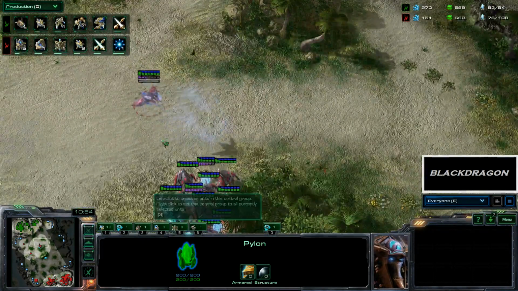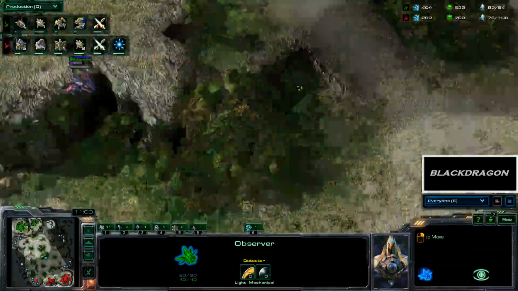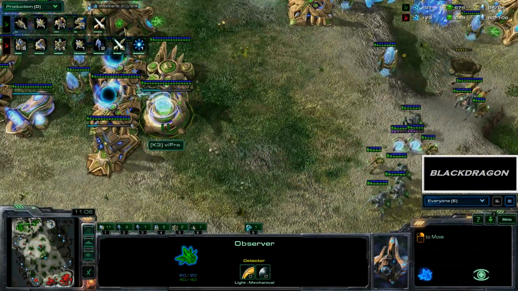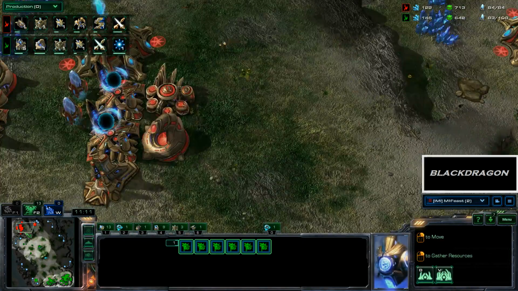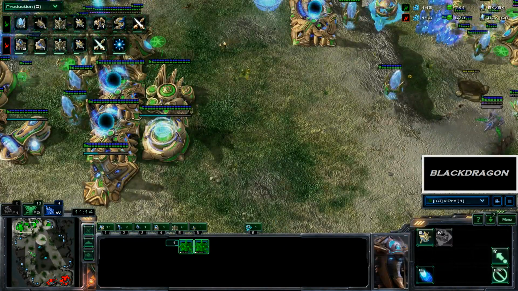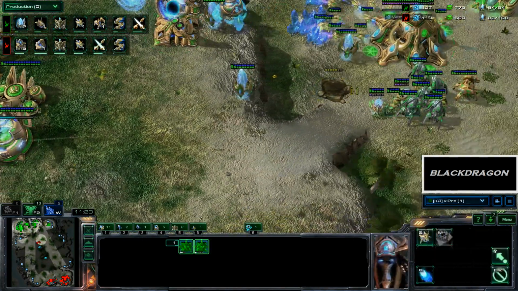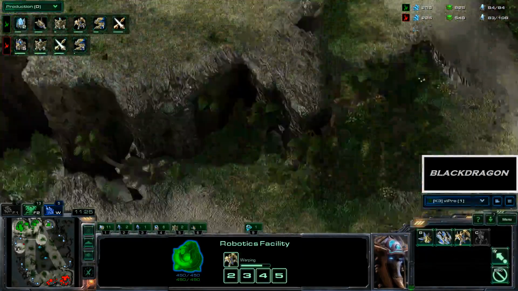Alright, down in the low ground, we do have these very nice hallucinated Phoenixes coming in. This whole thing is going to be seen, though, by the Observer. Unfortunately, he's able to get picked up pretty quickly. He does possibly get out some pretty good information. He did see the infrastructure, which is good to see, the Twilight now down. To see the Robotics Facility, however, as well. Which you have to wonder, what is he really using that for? Has to get some maybe Immortal production to slow down these